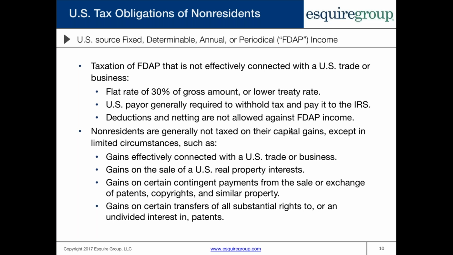Panama does not have a tax treaty with the United States, so the default withholding rate of 30% would apply. So let's say that this U.S. corporation pays a dividend of $1,000 to this Panamanian resident. The way that would work is the U.S. corporation would have to withhold $300 in tax and pay that to the IRS, and the remaining $700 would get sent to